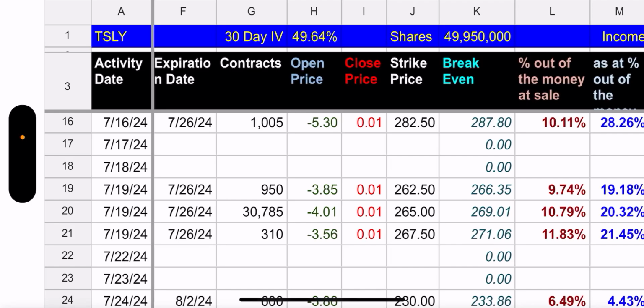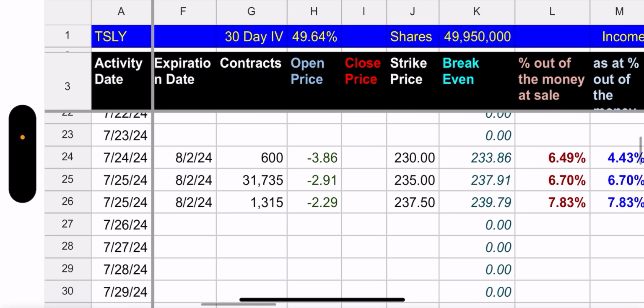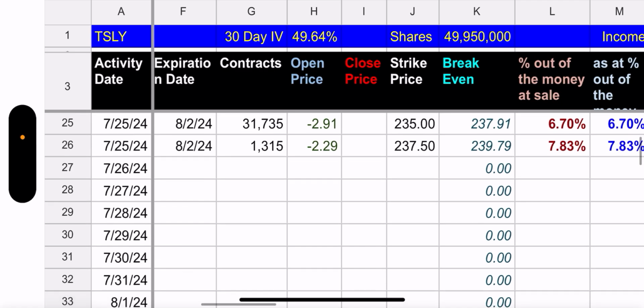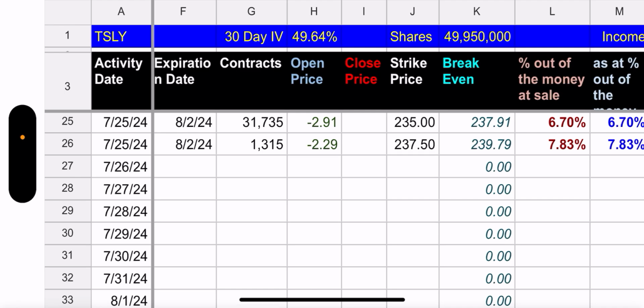And obviously they made a hell of it for last week. And then once they closed out those trades, they made some new trades. The 600 contracts was from the day prior, so we'll just look at what they did yesterday. They did two different positions. The biggest one is